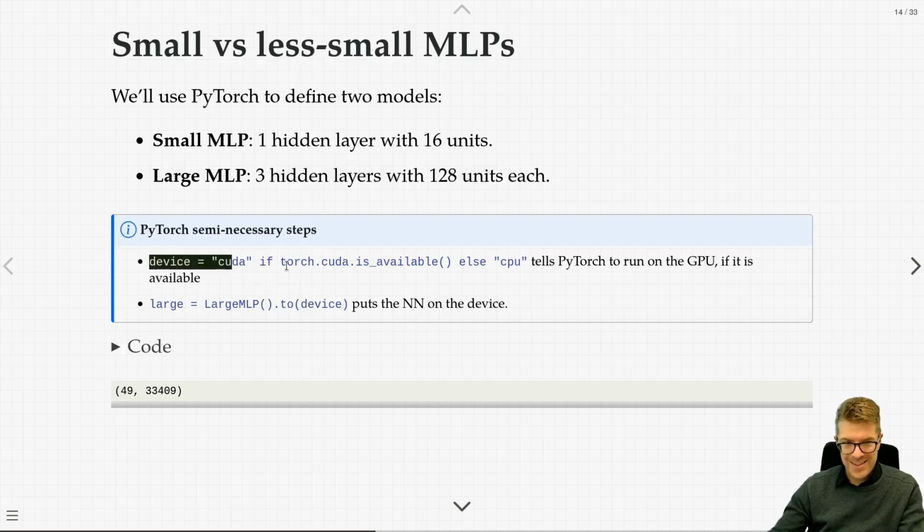The main thing, since we're talking about devices here, so you have a computer, you have a server somewhere. Usually the server will make it known whether or not the GPU is available. So if torch.cuda.isAvailable is true, then you set the device on which you're doing your machine learning to CUDA, and then all the computations that can be run on the GPU will be sent there. Otherwise, it'll just be run on the CPU, and it'll be a lot slower. So slow, in fact, that sometimes it won't even be feasible.